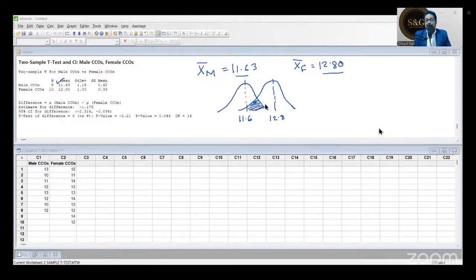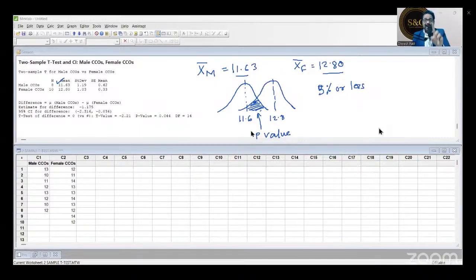Now listen to me very carefully. If this area is 5% or less, this area is nothing but your p value.